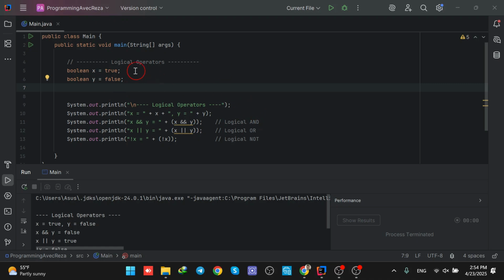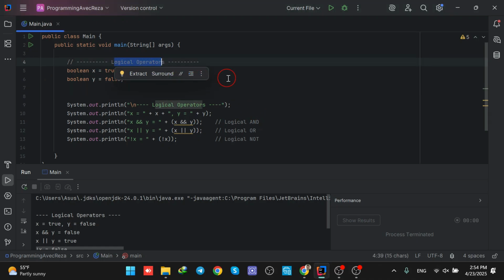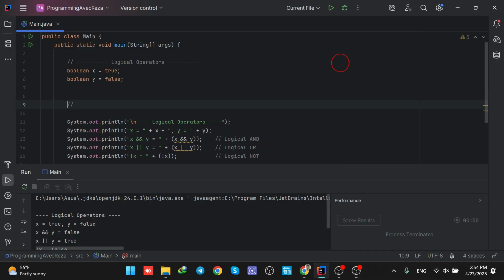Hello everyone, and welcome to this video. In today's video, we're going to discuss logical operators. So here we have two Boolean variables, x and y, where x equals true and y equals false. We would like to perform some logical operators, including AND, OR, and NOT. Before reviewing them, I would like to give you a little bit of background, and then we